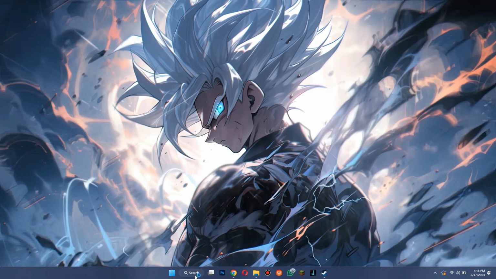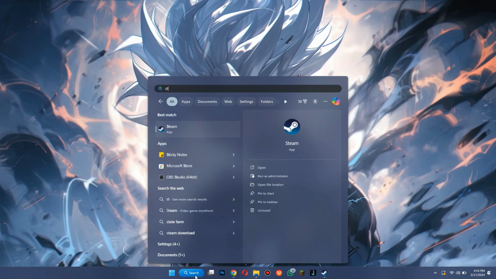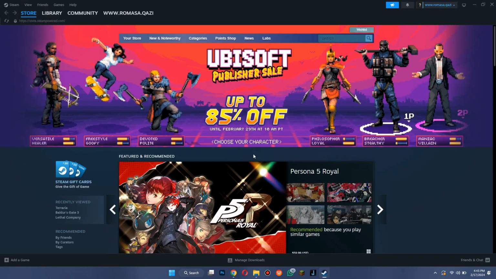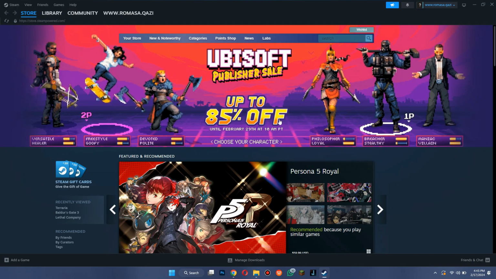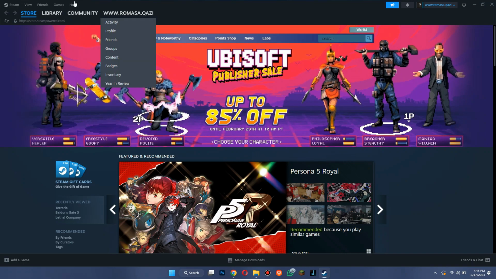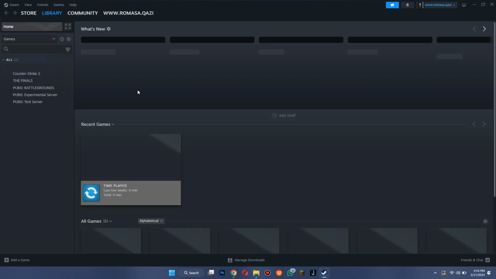Once done, open the search bar from the taskbar at the bottom and search for Steam. Open the app and make sure you are signed into your account. After signing in, you will be on the home page or the store page. Now, click on the Library tab located at the top of the screen and all of your available installed games